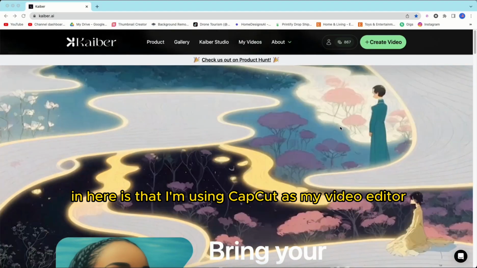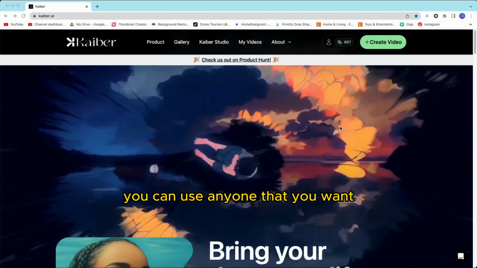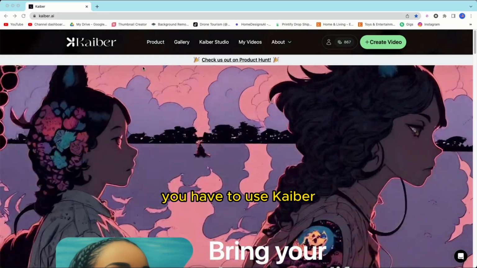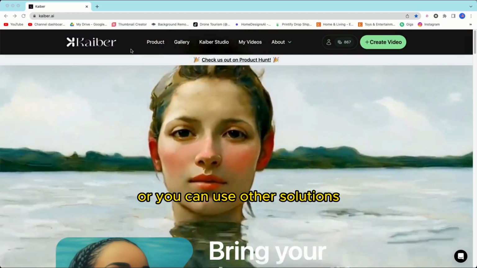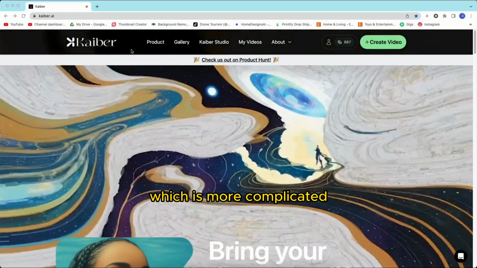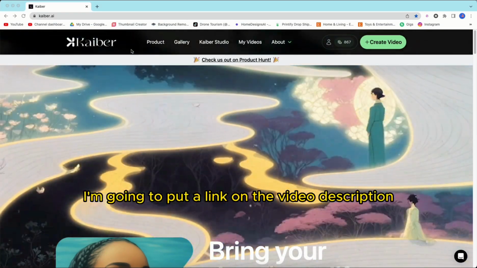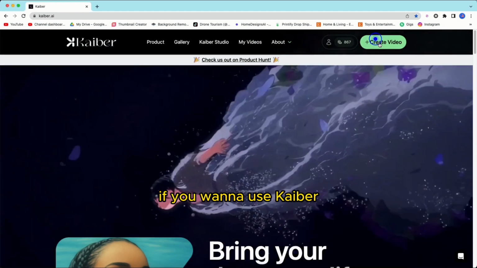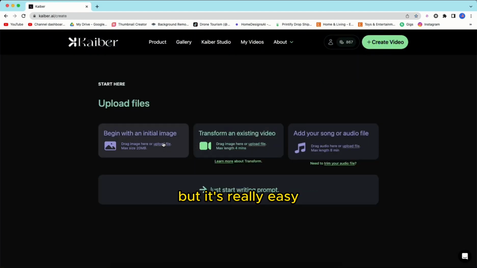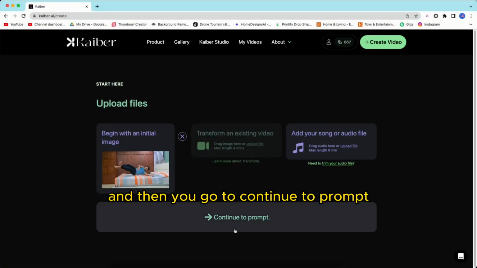The thing here is that I'm using CapCut as my video editor. You can use any one that you want, but for this step specifically, you have to use Kaiber, or you can use other solutions such as Stable Diffusion, which is more complicated, but I think this was pretty easy to use and I highly recommend it. I'm going to put a link in the video description if you want to use Kaiber, but it's really easy. So you go ahead and upload the image that you just froze on the video,